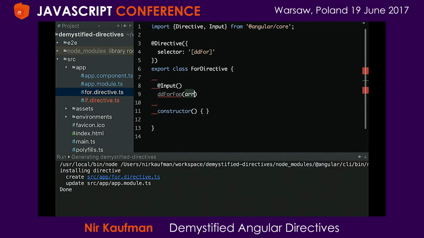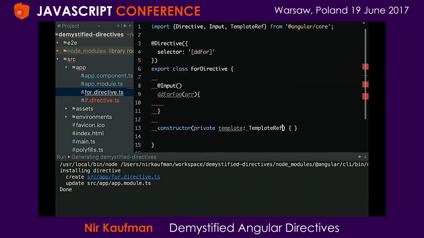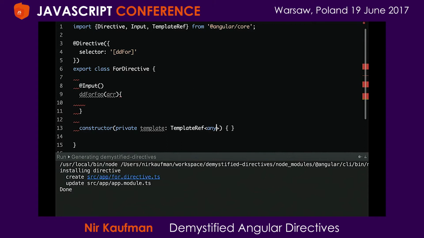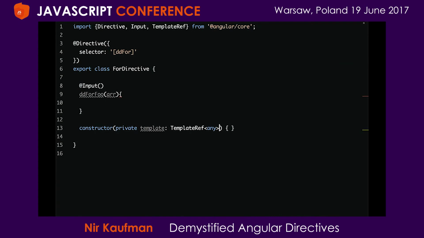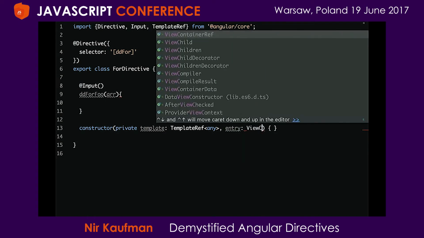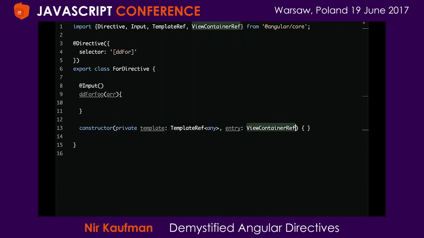ddFor foo will accept an array. And exactly as before, I can take a private template ref, and let's make this disappear, go away, and a reference to the view container ref, excuse me, where the template was declared. Let's make it private. And all I need to do now, if I got an array, is take this array,